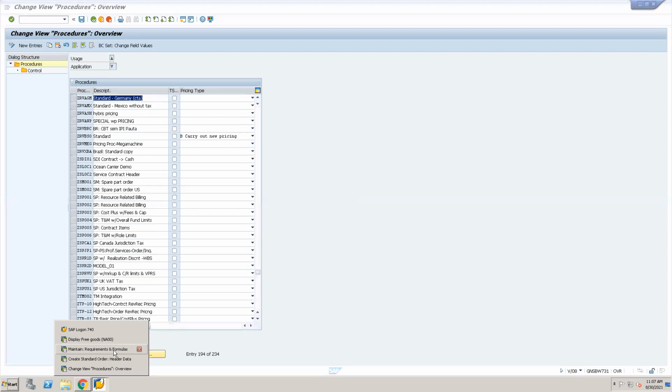So if some wrong data is coming over here, then we need to think why this wrong data may be appearing, and where all the link ups may be. If it is related to pricing, we need to check whether the determination is happening properly or not. What are the routines they have maintained in the pricing procedure? Whether that routine is becoming active because of the requirement validations they have maintained or not, or any other calculations maintained. Why is this, if any issues come up on the calculations. So this is how you have to think logically.